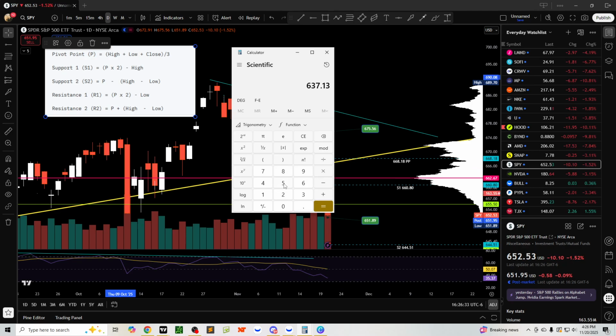$668.18. I'm such an idiot. Sorry, guys. I'm doing this on my calculator on my phone. I can't click this. This is insane. It's taking forever. All right. So support 2 is pivot, which is 668.18